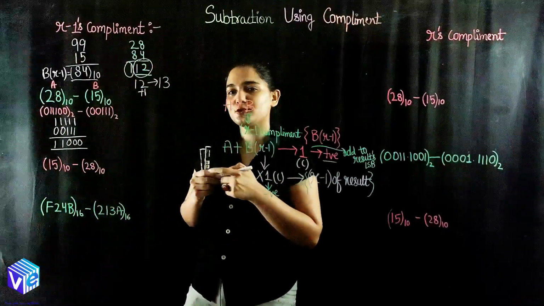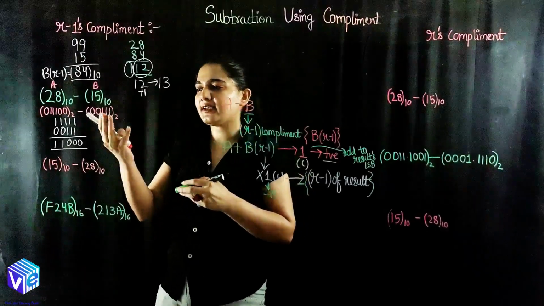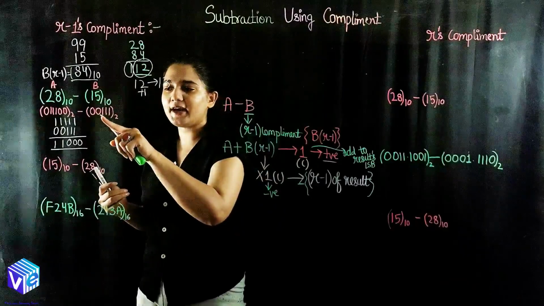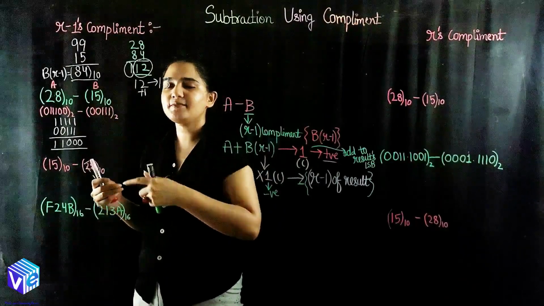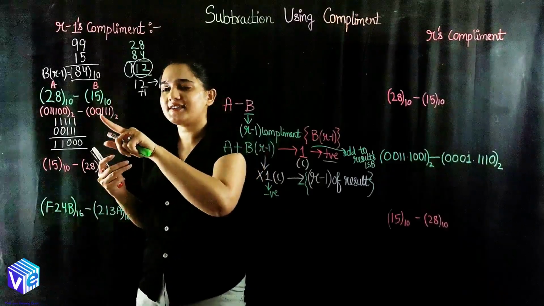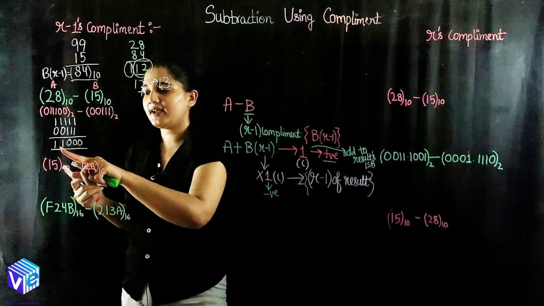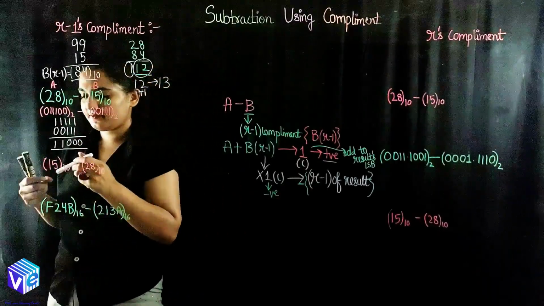Okay, so R minus 1 complement is 1 1 0 0. Even we could have taken the invert. I have told you one more short trick to find out the inverse or the R minus 1 complement of the binary number system. I just have to invert 0 to 1 and 1 to 0. So here I had 0 0 1 1 1, here I have 1 1 0 0. So this is my BR minus 1.